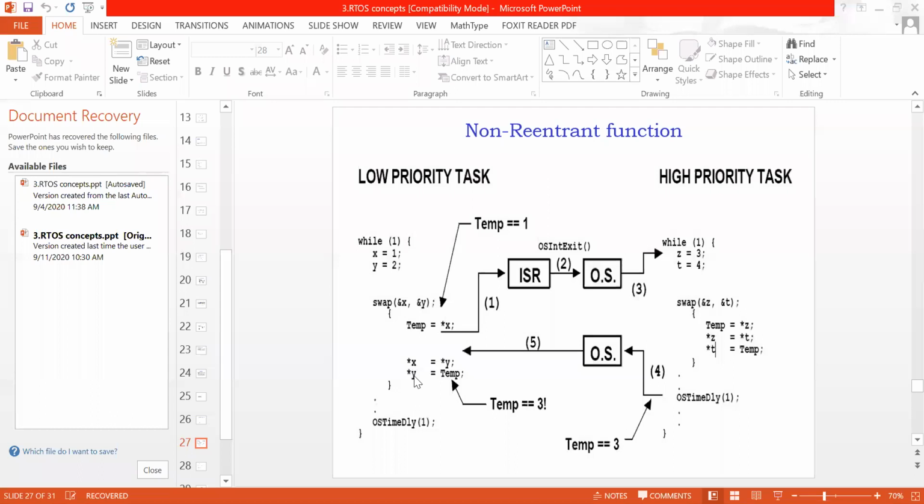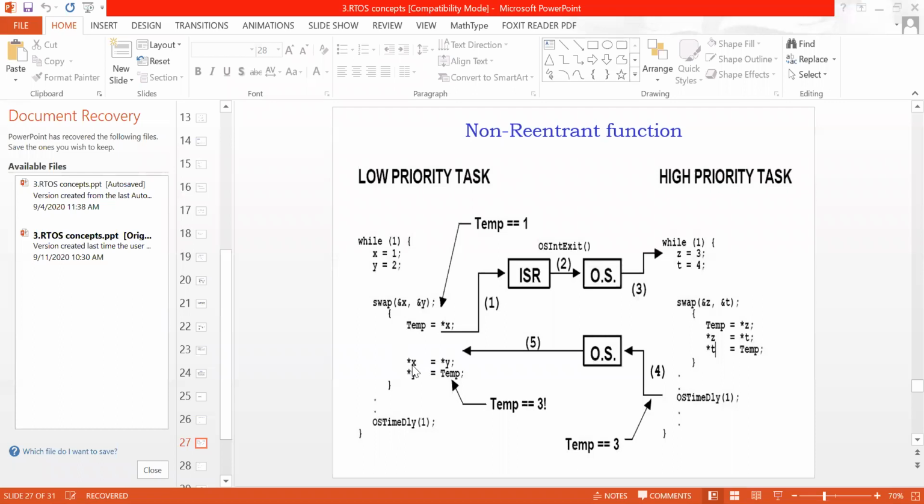Now at the end of the execution of this low priority task, what is the value of x? The value of x is 2, but what is the value of y? The value of y is 3, which is a completely incorrect swapping of the numbers in the low priority task.